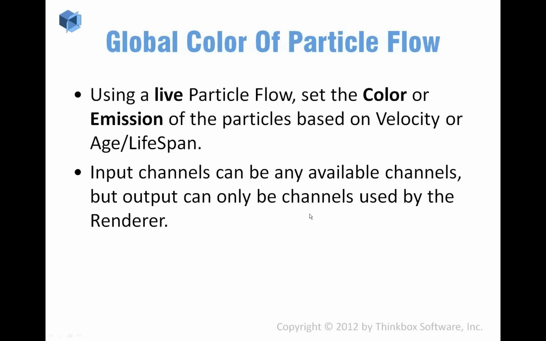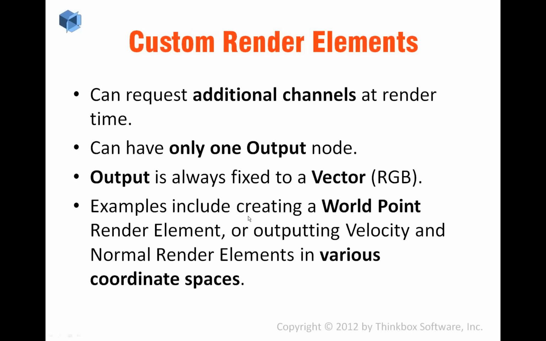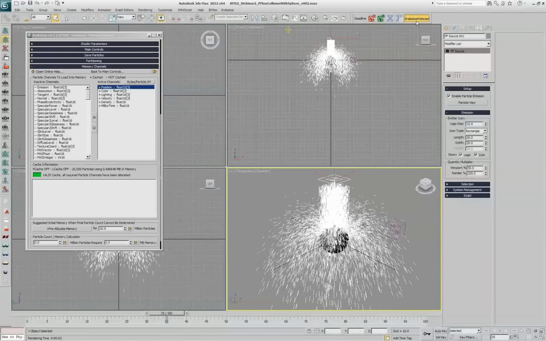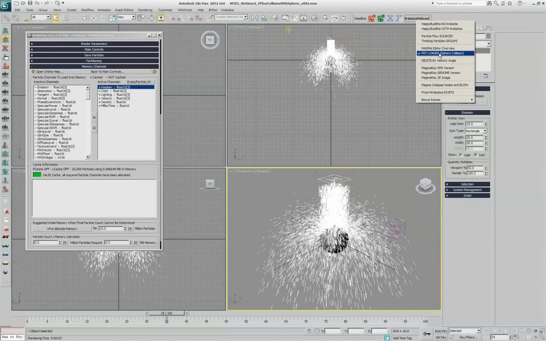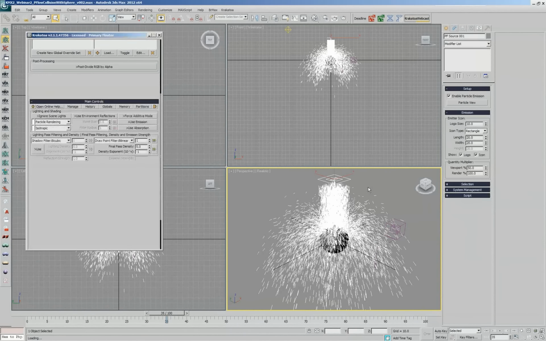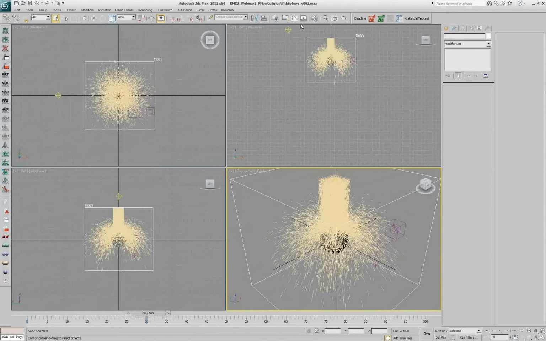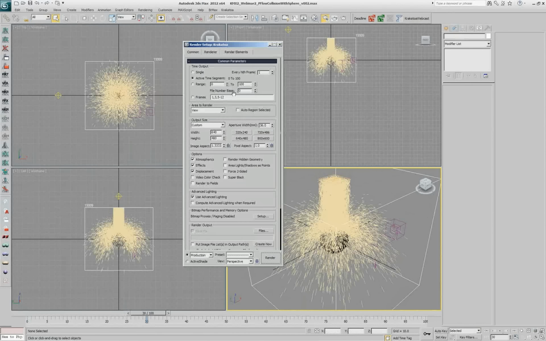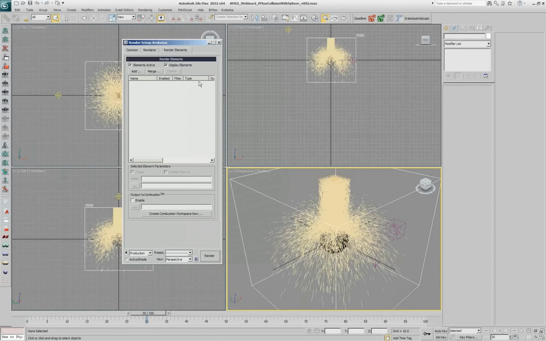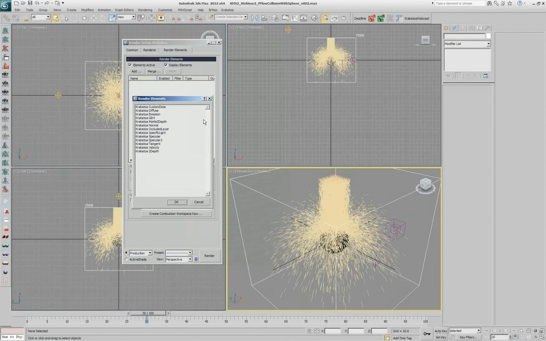So this is what we saw. You can do the same with age and lifespan gradients and pretty much any other control, or you can output to any channel that you want. Custom render elements is the second place where a Magma is used outside of the modifier stack of PRT objects alone. So for example, if I go again into my typical scene and say I open the render elements dialog,